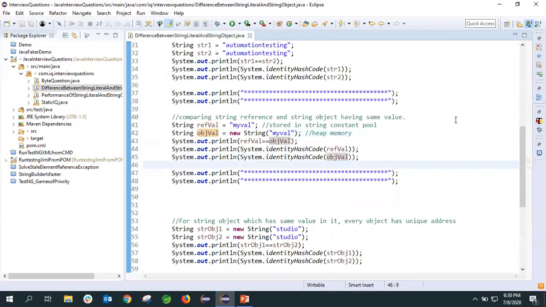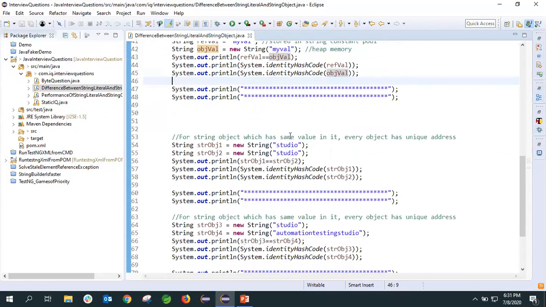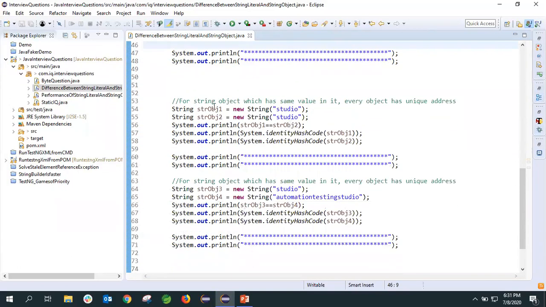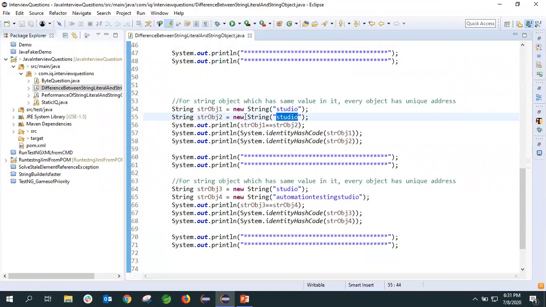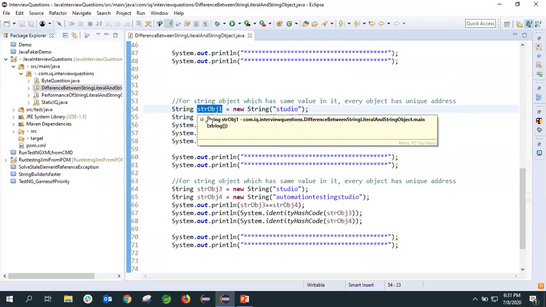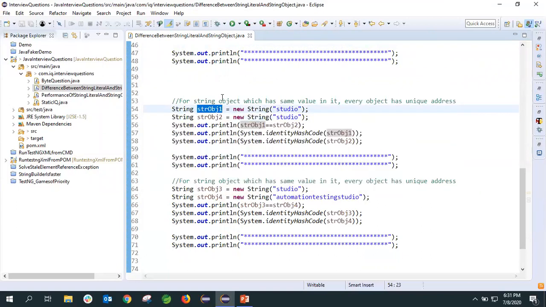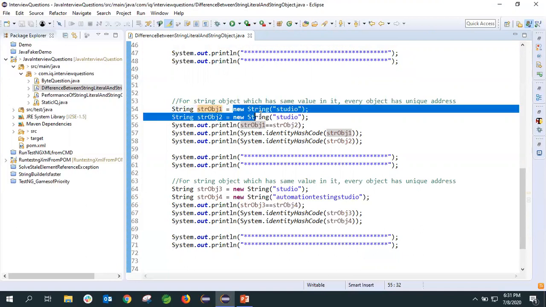Okay, now here we'll see for string objects which have the same value. We are creating two string objects with the same value, and we want to see what it will do. So the string object 1 and string object 2, two separate spaces will be created in the heap with these values, because we are creating a new object.